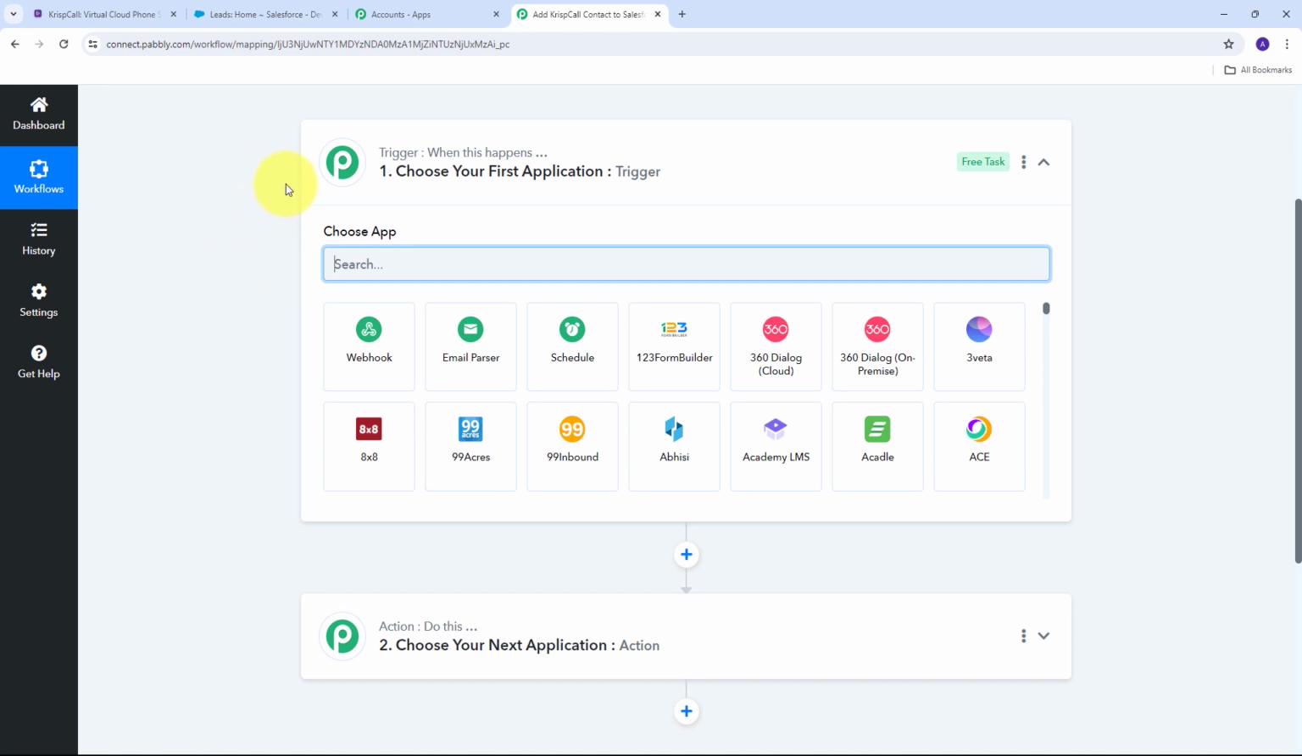Here we have two boxes, Trigger and Action. So these are the two main principles on which our workflow works. Trigger says when this happens, Action says do this. So Trigger is going to be the first step that will get executed in our workflow, and Action will just follow that. So we need to set up our trigger first, and here my trigger application is going to be